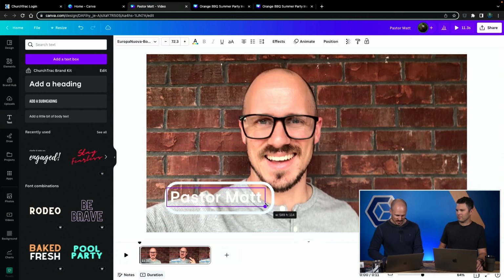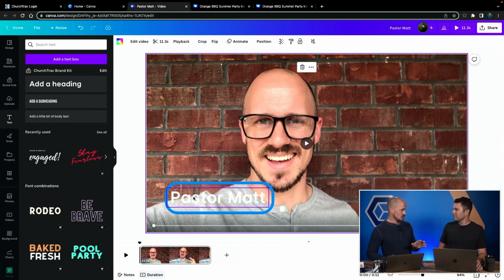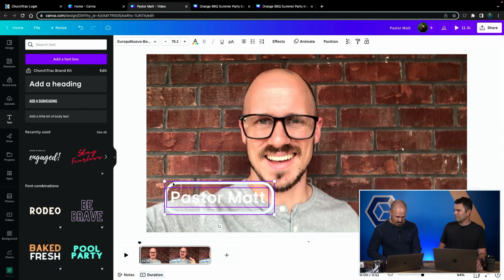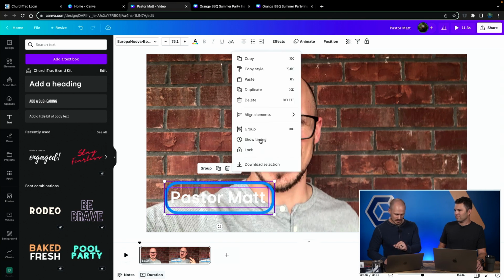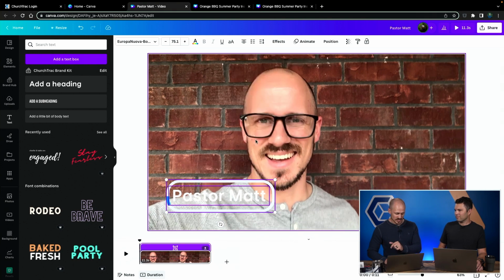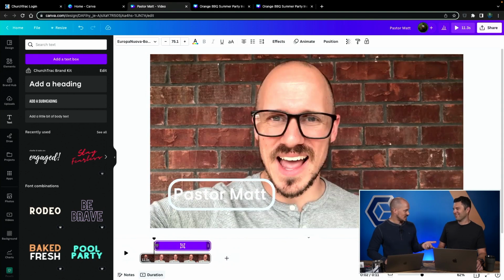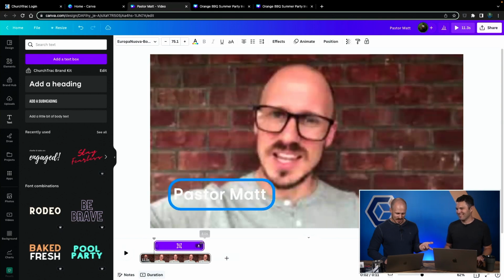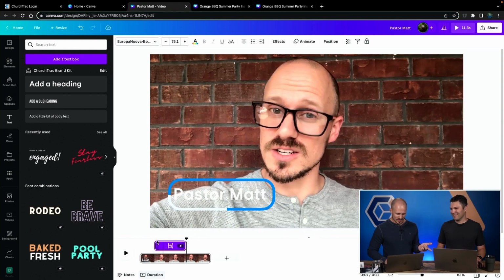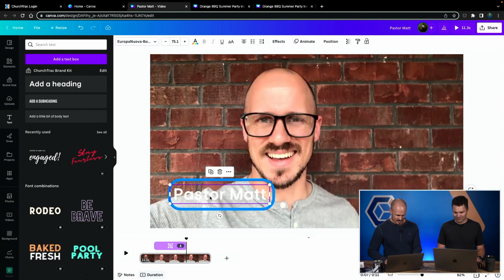And here's the cool thing. Here's something that Canva just recently did and allowed you to do for visual video media. I can highlight both of these things together. And in this little menu above with the 3 dots for more, if I want to open up a different drop-down menu, I can click on this option to show timing. And I can control when this element appears in the video and when it fades out. Oh, that's cool. So if I resize this real quick,